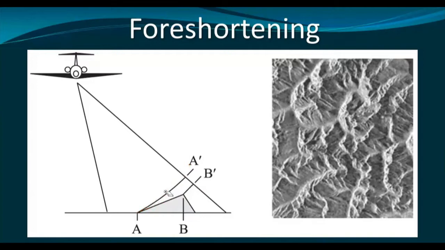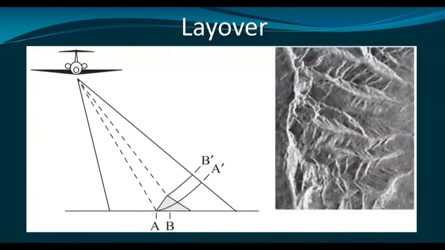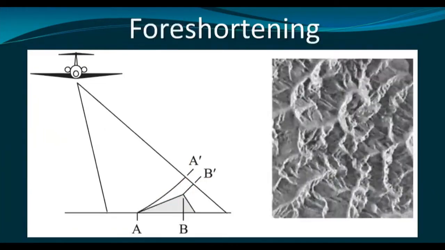The opposite may also happen. For example, in this case, as you can see, the beam is first approaching the top of the slope and then it is reaching the base of the slope. This is a different case, but we are currently discussing the case in which the radar pulse will first reach the base of the slope and then it will reach the top of the slope.